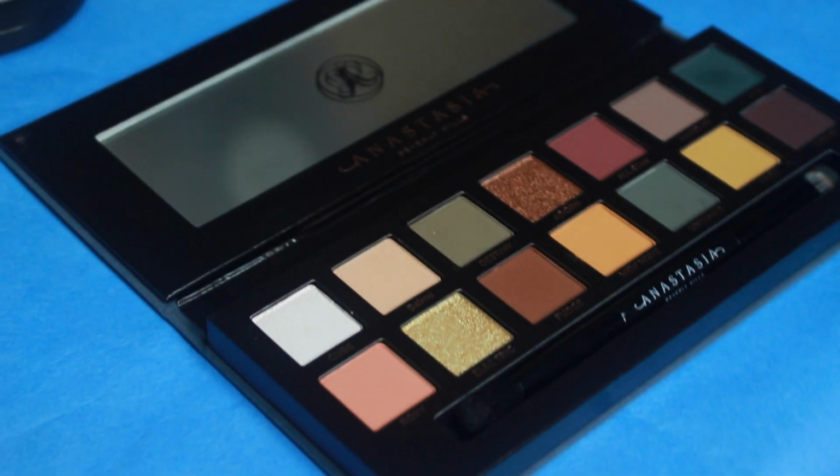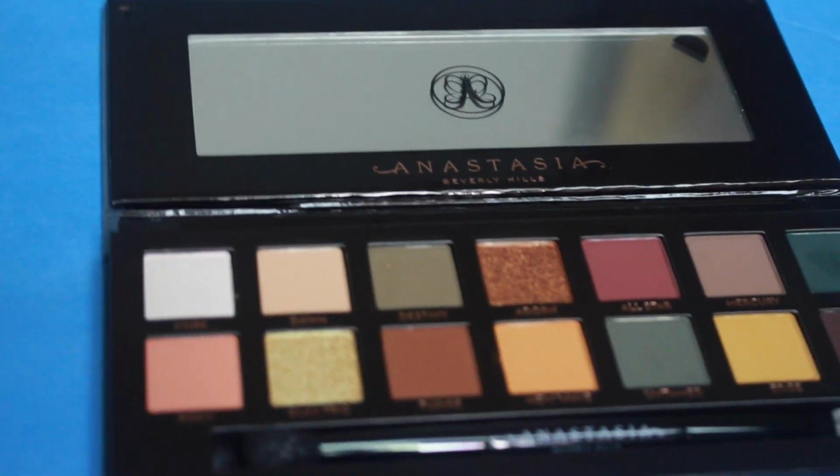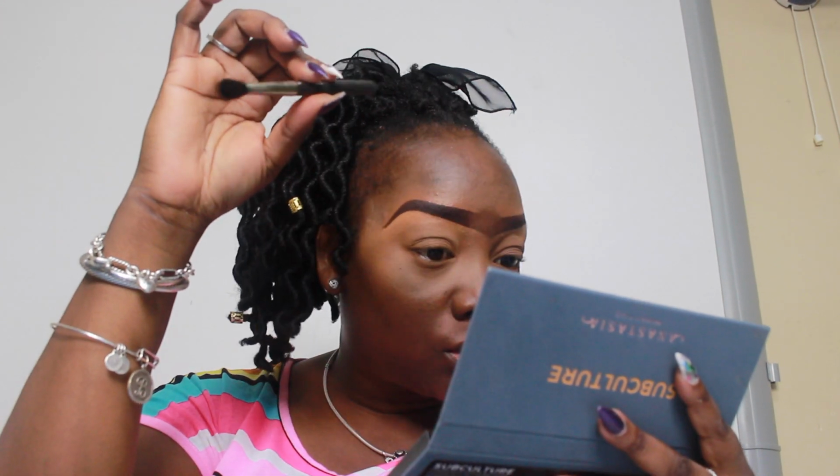Alright. Now let's dig into this palette. This Anastasia Beverly Hills palette. This palette that's called Subculture Palette. This palette that's got so many reviews on social media. I'm using a brush by MAC, the 224 SH brush. And we're going to dip into